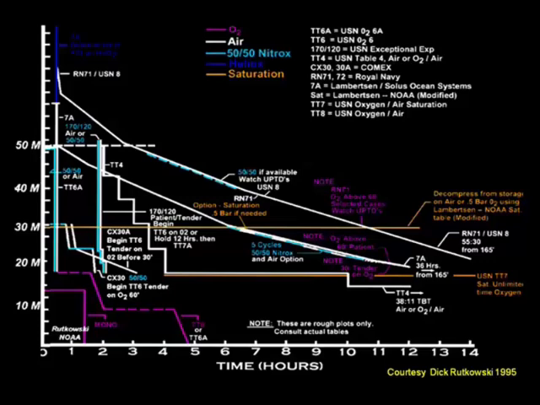In other words, the last line that ascends from depth to the surface constitutes a saturation decompression. At that point, it doesn't matter how long the diver has been at depth. Even if they have taken up the maximum amount of inert gas, this would be the way in which they could be removed from pressure without precipitating additional bubble formation. This is simply used as a guideline.